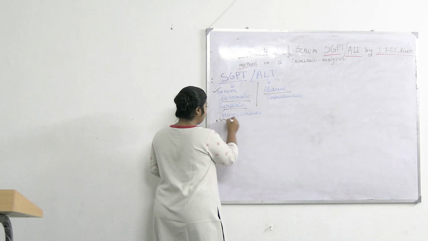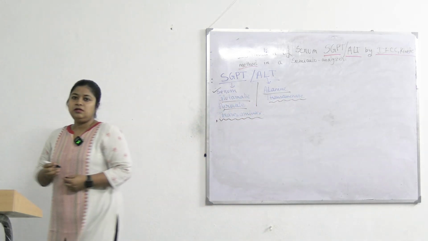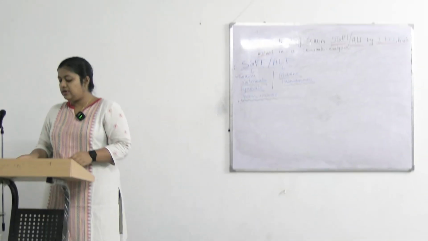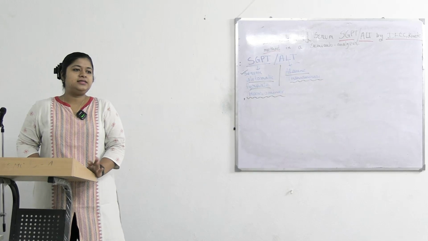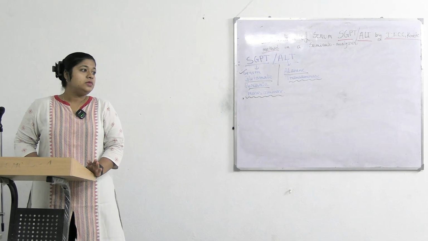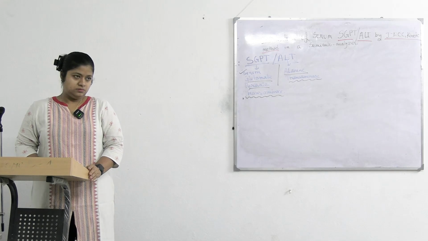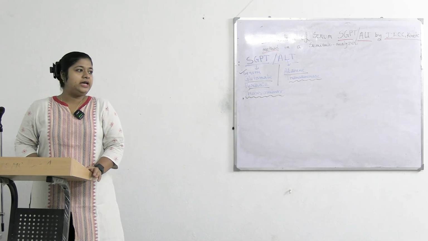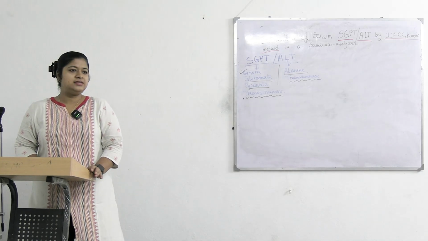So what type of enzyme is this? Name another transaminase enzyme. SGOT. What is the full form of SGOT? And what is the alternative name for SGOT? AST. Full form is aspartate transaminase.